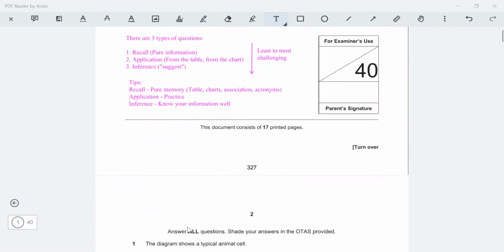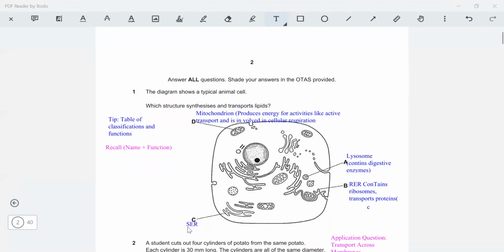So let's start. Question 1, the diagram shows a typical animal cell. Which structure synthesizes and transports lipids? So this is a pure recall question. It's identifying the name and the function of your cell organelles. So the answer would be C, the smooth endoplasmic reticulum, because the rest do not fit the